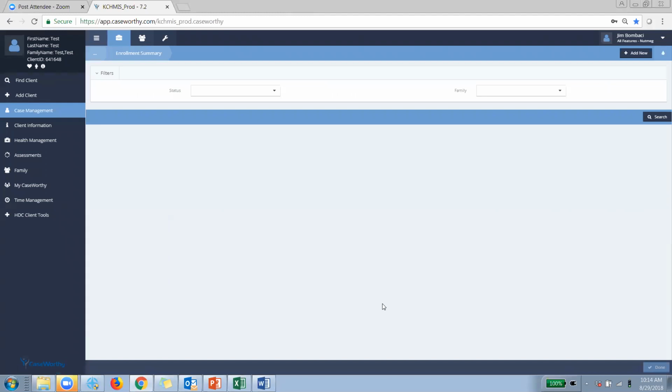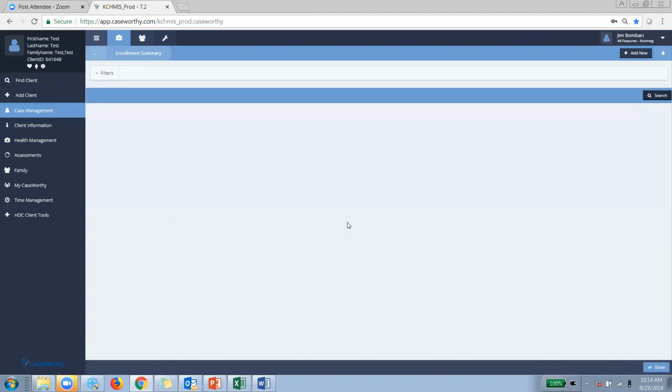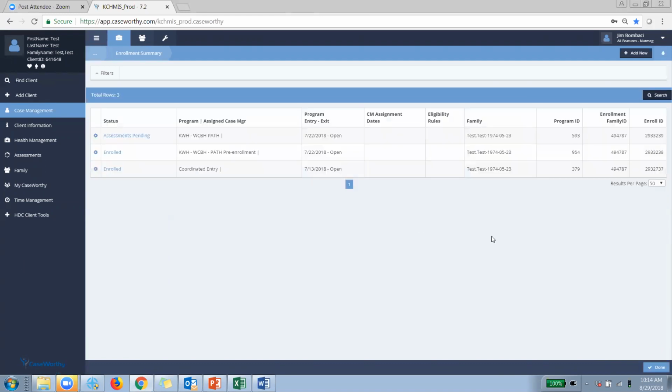So from my view, wait till that loads, I might need to search. I might have moved a little too quick for Caseworthy. There we go. Okay. So from my view, I actually can see the family ID number and the enrollment it's